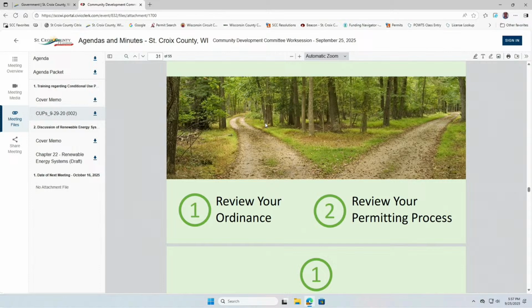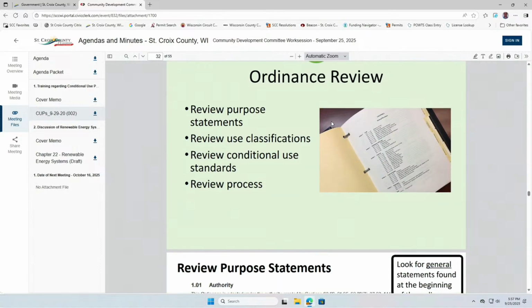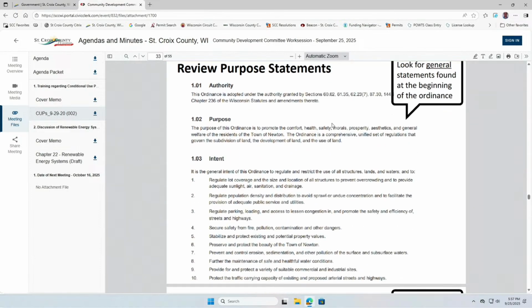And that's really the part here that's on conditional uses. There's some other good stuff. Like I said, I left these slides in there because it talks about it, but now it'll go into what you do if you want to change the ordinance. Again, the biggest thing is to review the purpose and intent of any ordinance, to make sure that they're accurately reflecting the goals and objectives of those ordinance provisions.